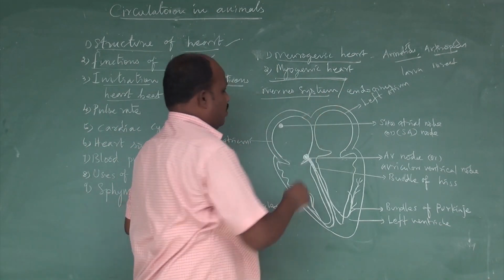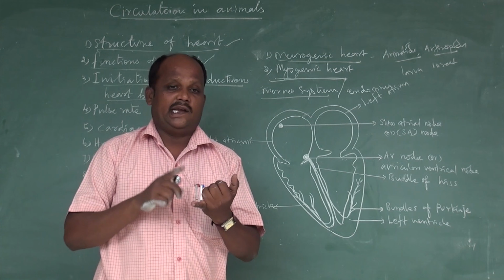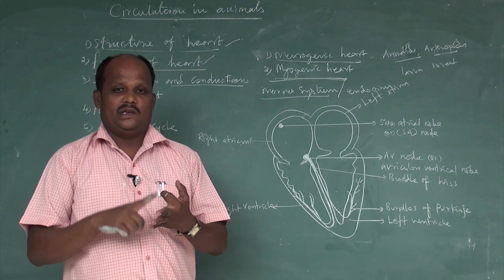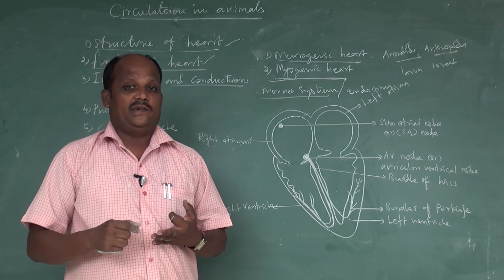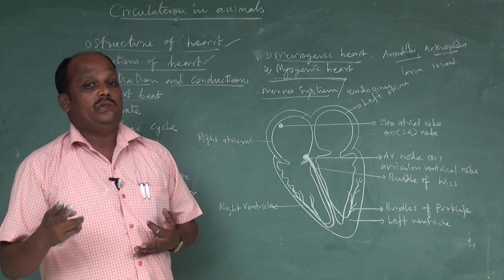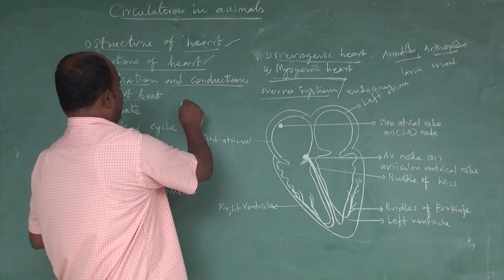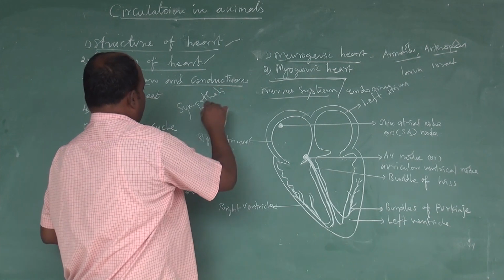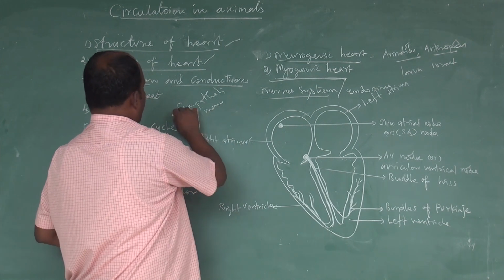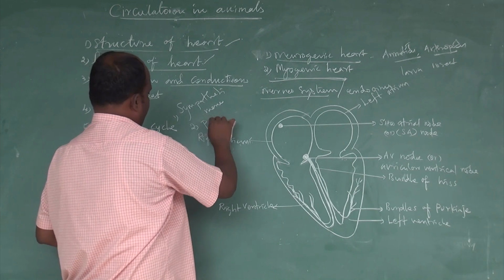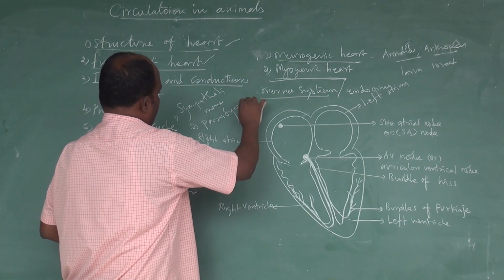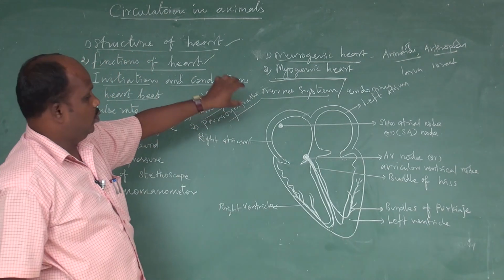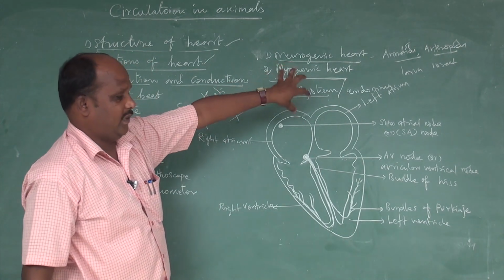In our bodies, the nervous system is of three types. One is the central nervous system, the second is the peripheral nervous system, and the third is the autonomous nervous system. The autonomous nervous system contains two branches of nerves. One is the sympathetic nerve, and the second is the parasympathetic nerve. These two nerves give stimulation to heart functions.